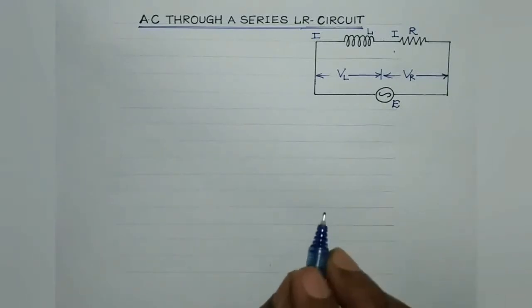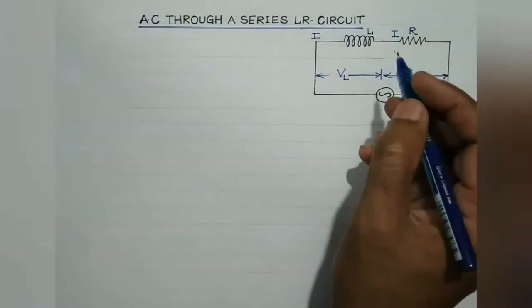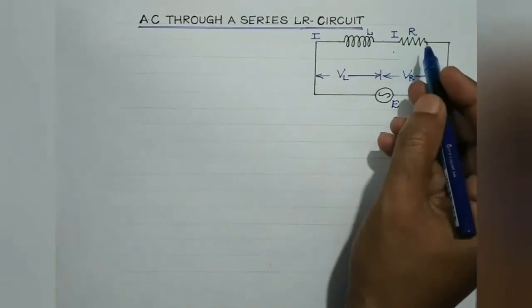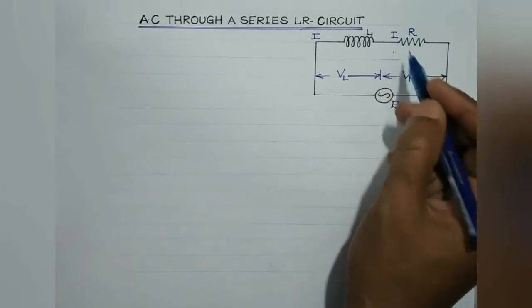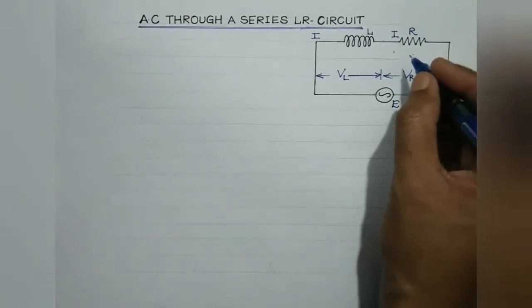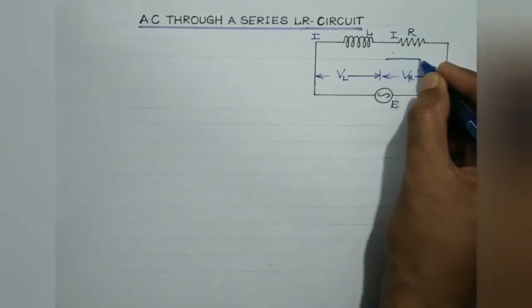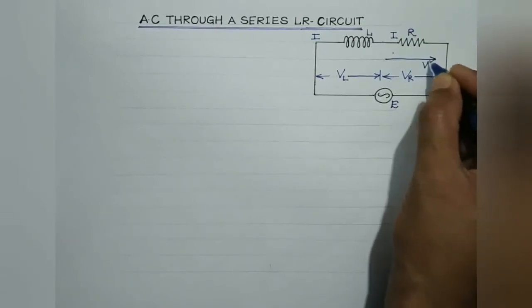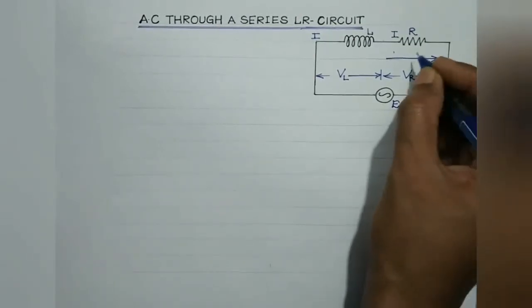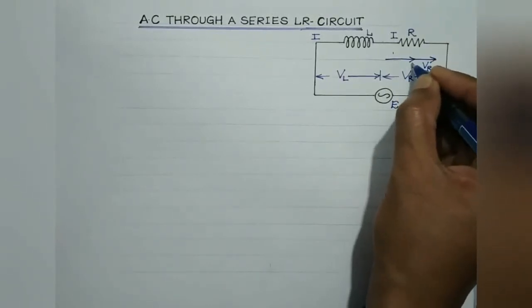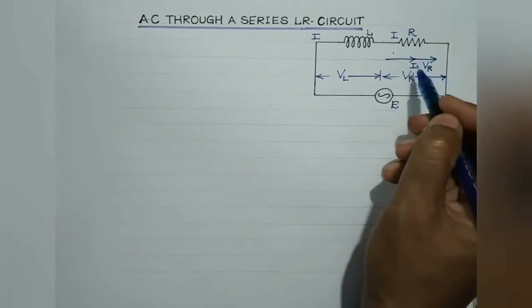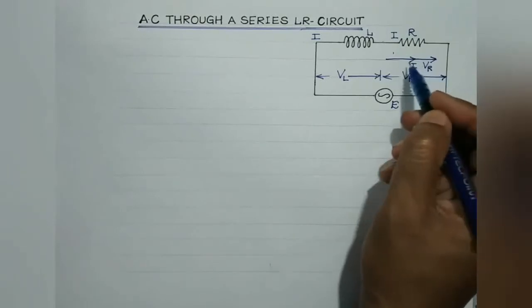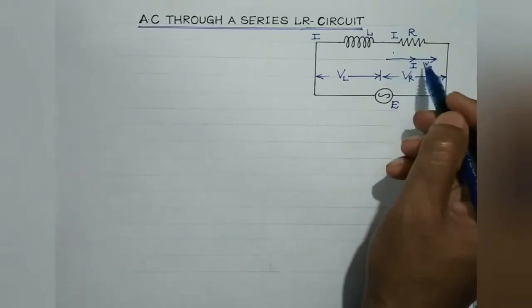Now, students, the most important point is, we know that when AC current flows through a resistor, then the voltage and the current are in the same phase, isn't it? So, you can draw the phasor diagram like this. This is VR, the instantaneous voltage across the resistor, and this is the current, right? So in the case of AC current flowing through a resistor, the voltage and the current are in the same phase. So both the VR and I are represented by coincident arrows.